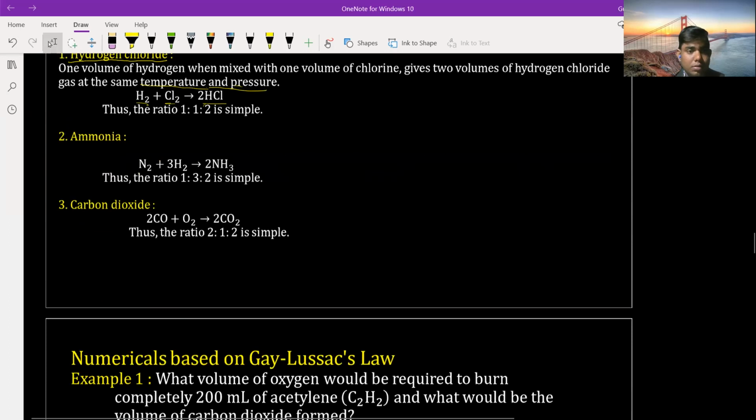So here the ratio: H2 का अगर 1 वॉल्यूम लिया है तो Cl2 का भी 1 वॉल्यूम लिया है, तो हमें HCl का 2 वॉल्यूम मिला है। मीन्स अपना सिंपल रेशियो क्या हो गया? 1:1:2। ओके,